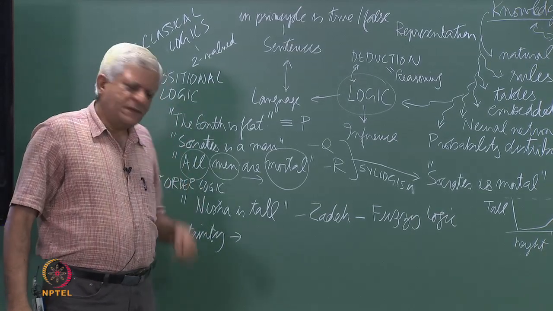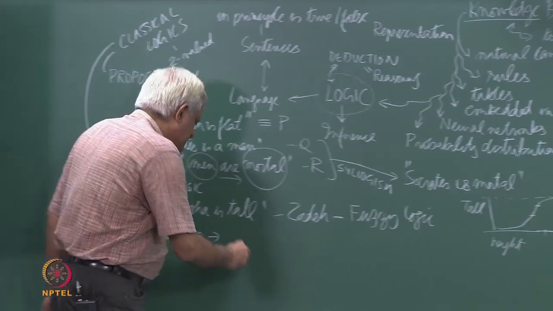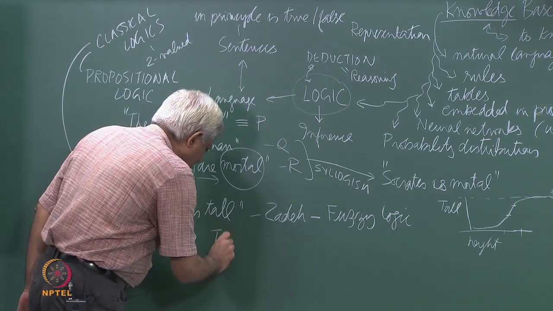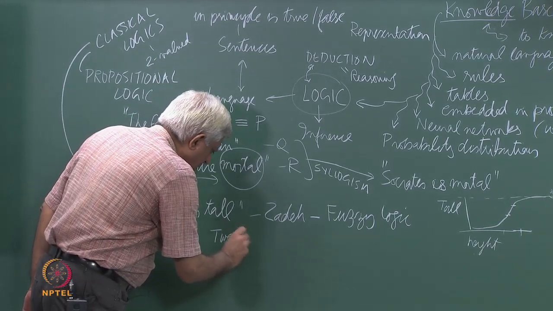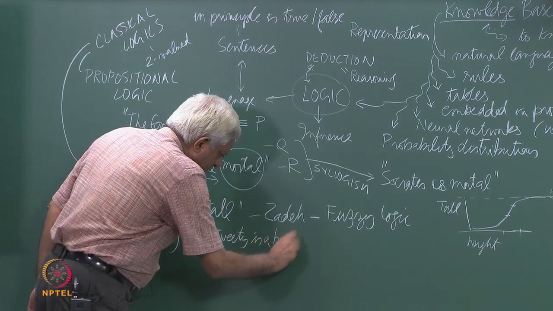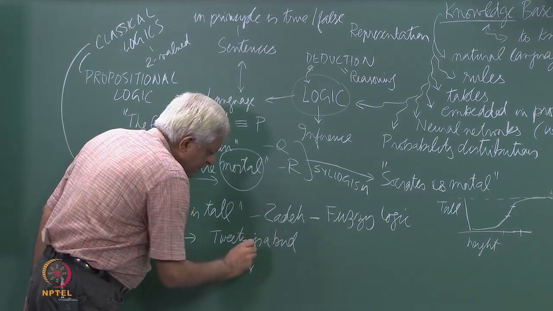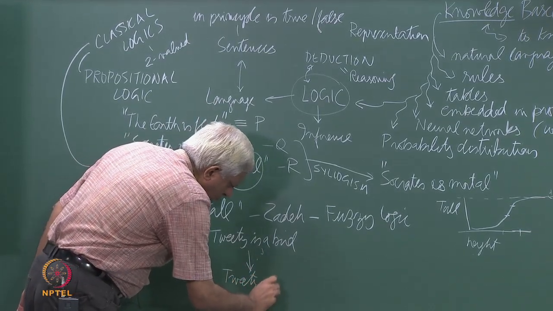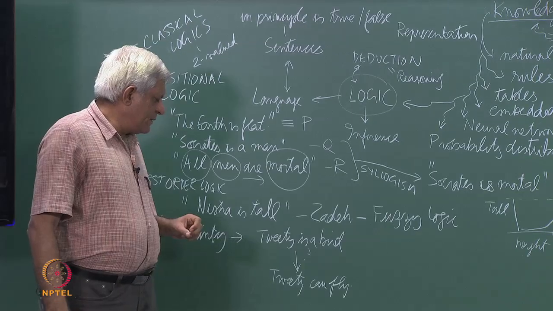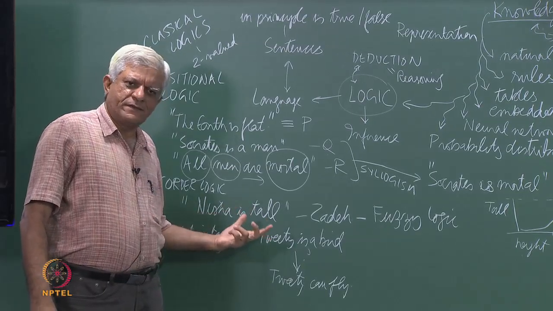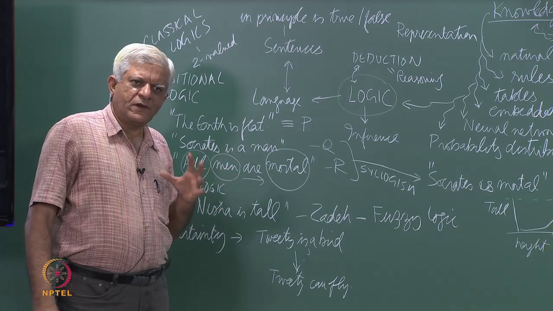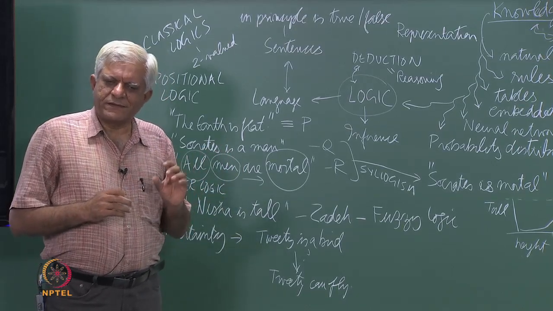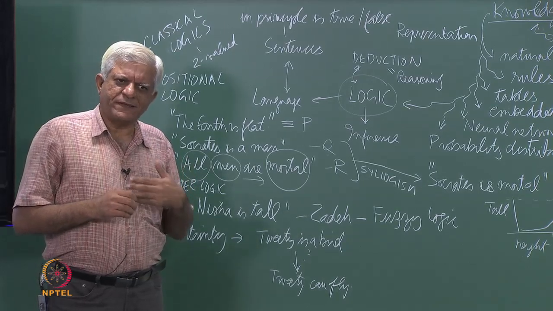So, for example, if I say Tweety is a bird, can I infer that Tweety can fly? To make these kinds of inferences, and we call these defeasible inferences, meaning that the inference can be defeated, that you may say yes,